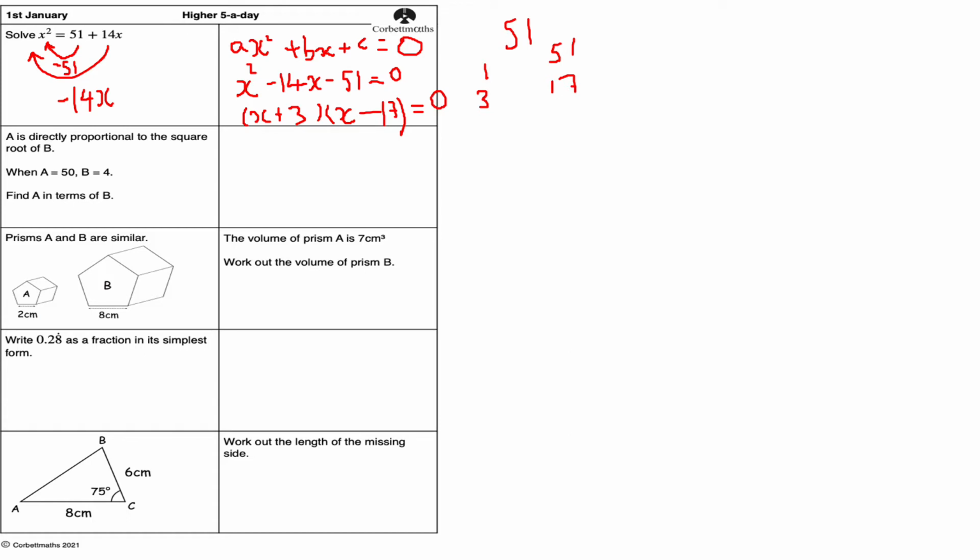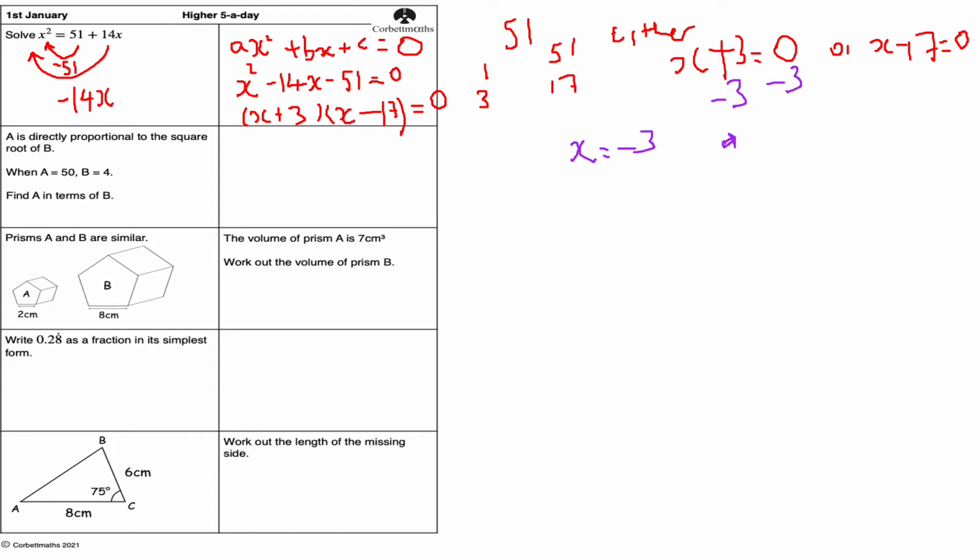Okay, now solving this equation, either x plus 3 equals 0 or x minus 17 equals 0. Okay, solving each equation separately. Okay, so I'm just going to change colours. Solving x plus 3, so I'm going to take away 3 on both sides. So I get x is equal to negative 3, or